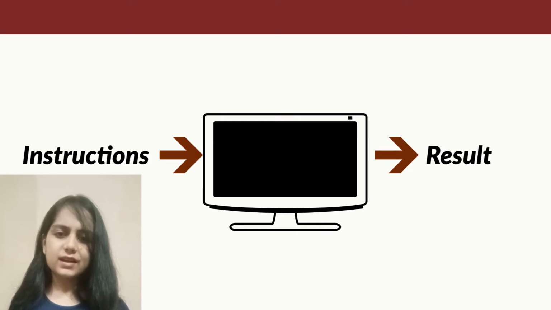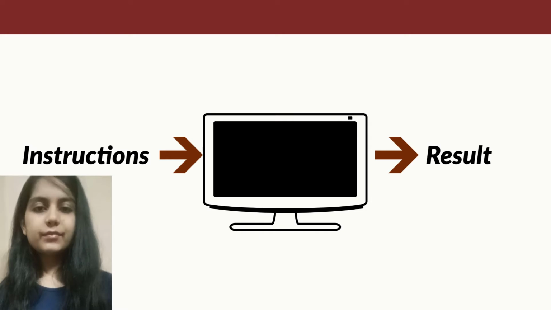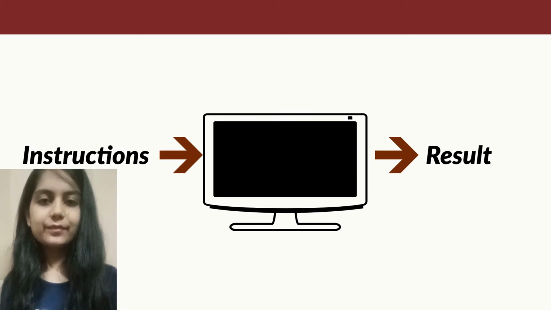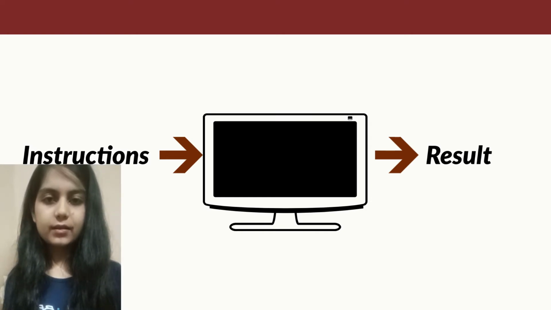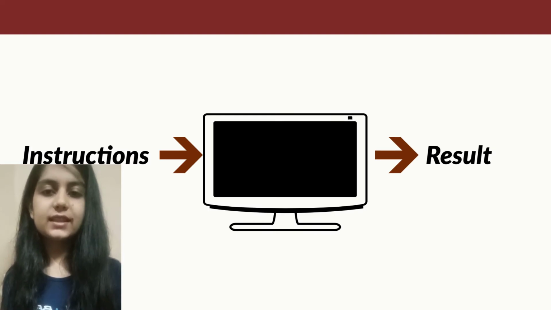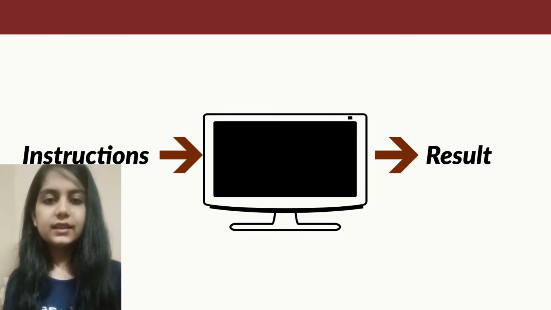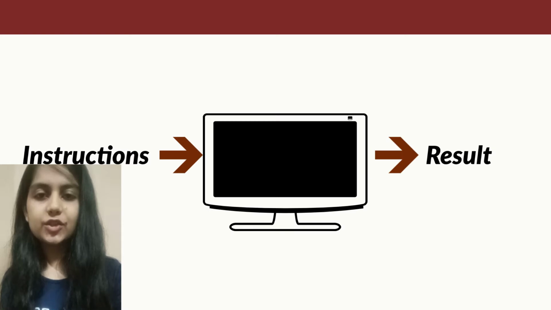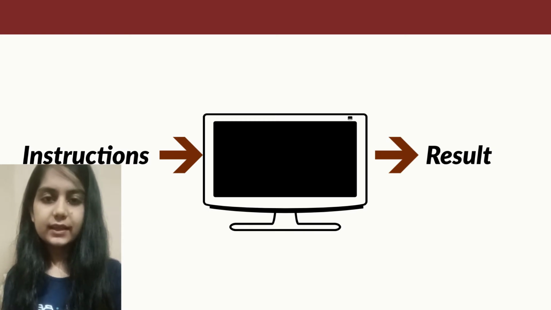Similarly, instructions will be passed to the computer in the medium which it understands. A computer only understands machine language. Machine language is made up of instructions and data that are all binary numbers. So all programs written in programming languages such as C++, Python, Java, etc. finally generate or run programs in machine language, which is understandable by the computer, and produce the result.